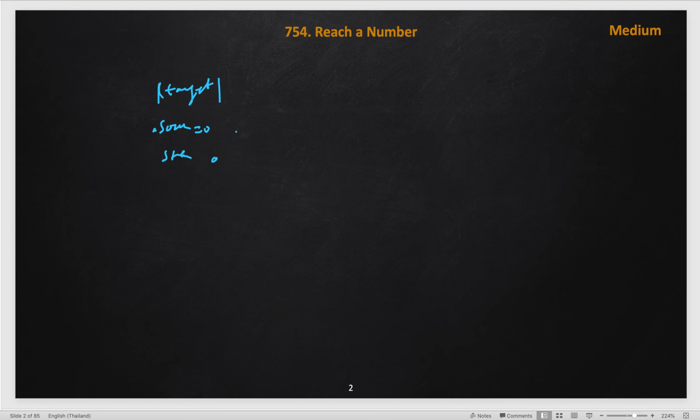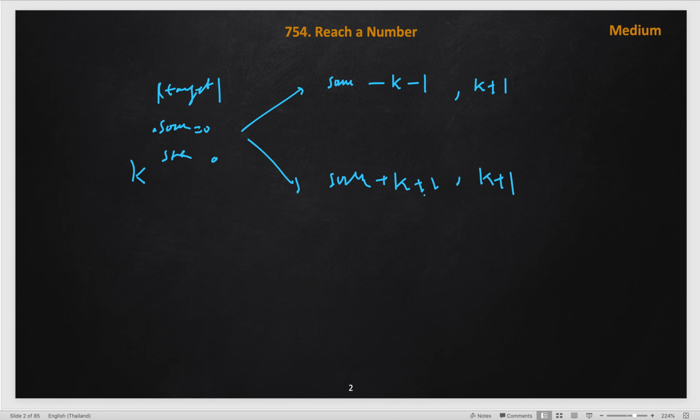Now in the next step, either you can go left side. If you go left, your source will update. Let's say the step is represented as k, so it will become source minus (k plus 1), and the steps taken will be updated to k plus 1. Another option is to go on the right side. This will become source plus (k plus 1) and the steps will be updated to k plus 1. These are the two things you can do, and we take the minimum of the number of steps over these two.